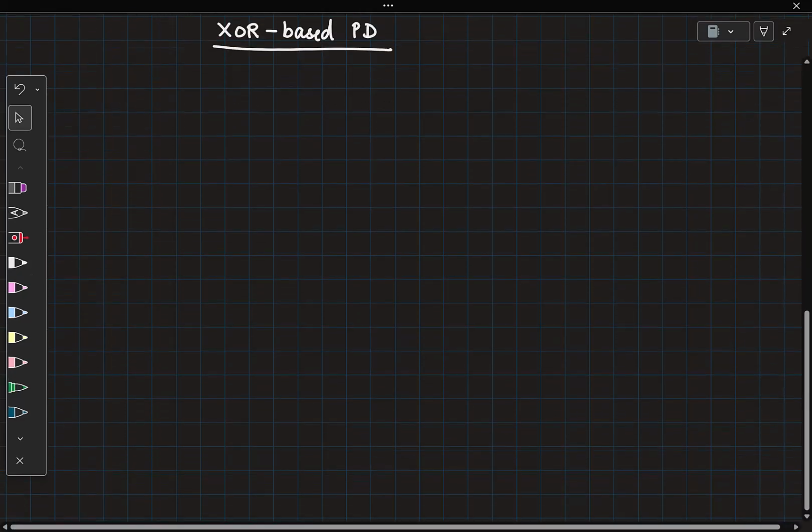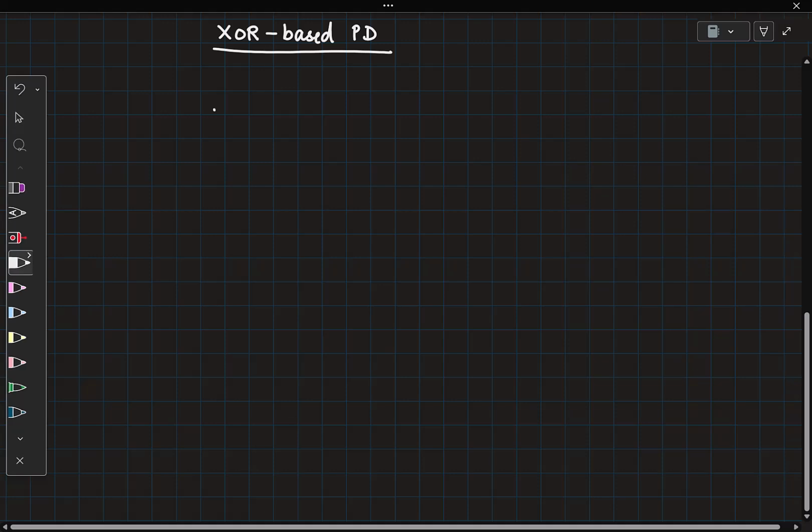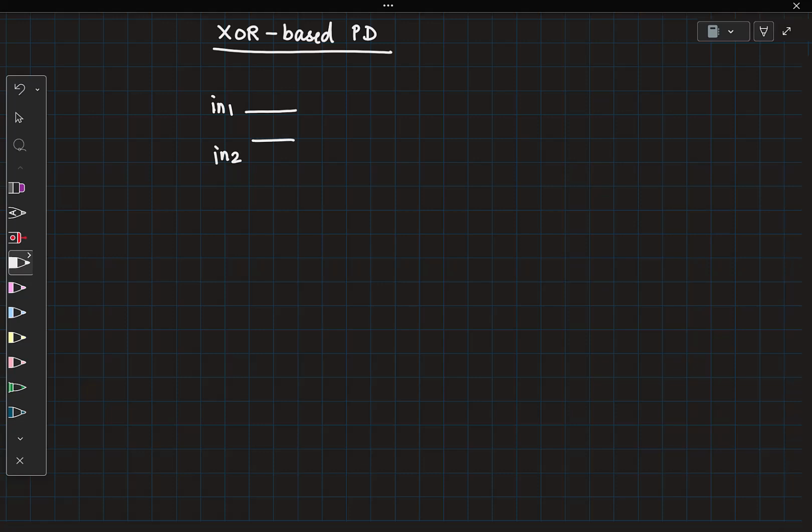So in an XOR based PD, we feed both inputs to the two inputs of an XOR gate, and we observe the average voltage that you will see at the output. Now in the class we talked about how we'll assume that the XOR gate is connected between VDD and ground, which means the VPD voltage is going to swing only between 0 to VDD. So let me quickly show you the case where the phase error is a small positive value.